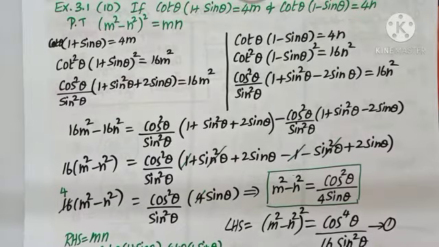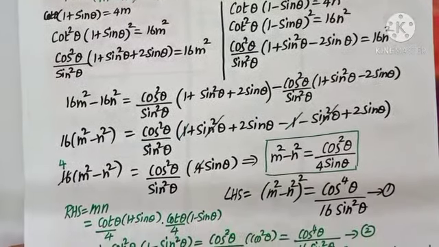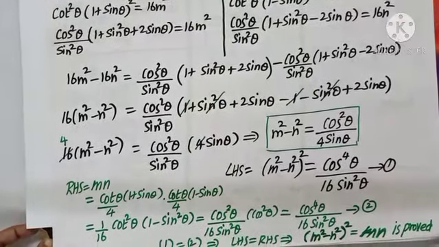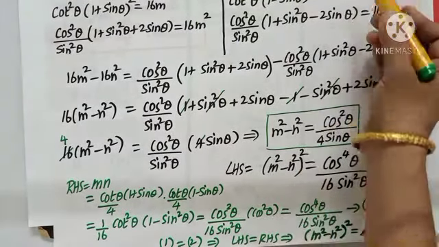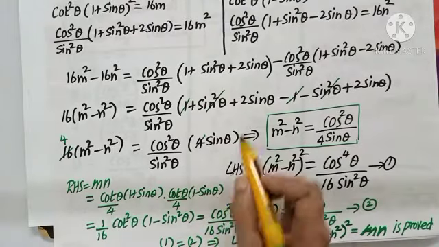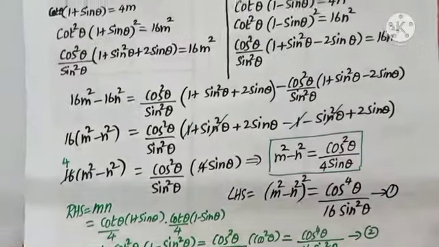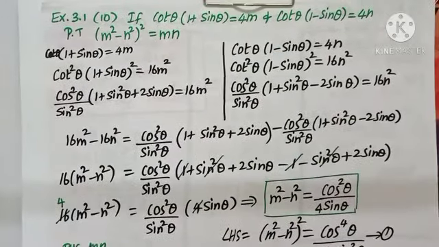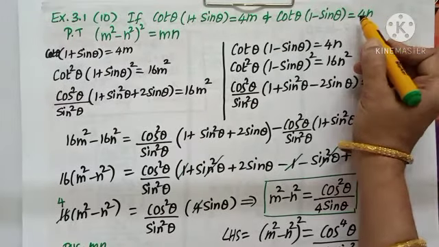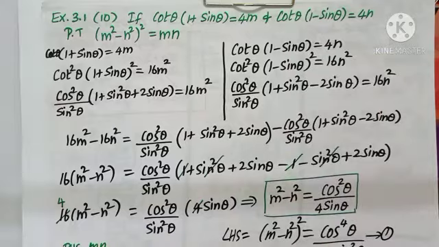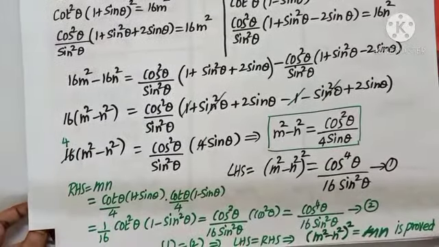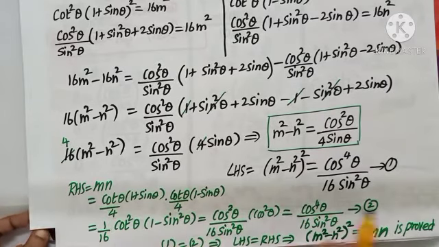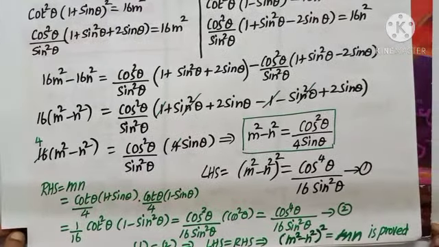Now we proceed on to RHS. What is RHS? M into n. What is m and n? From the question, we have just copied. M, if I want, bring 4 down. Similarly, n, if I want, bring 4 down. So as we multiply, the denominator 4 into 4 will give me 16. Numerator,